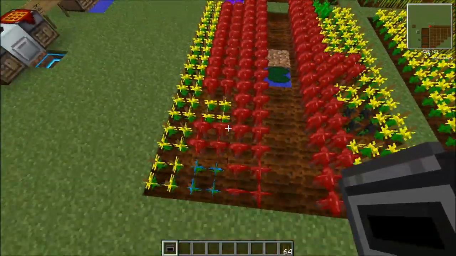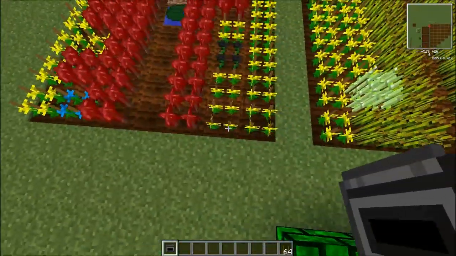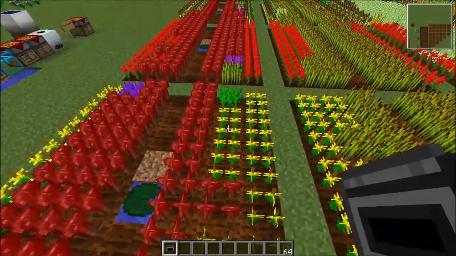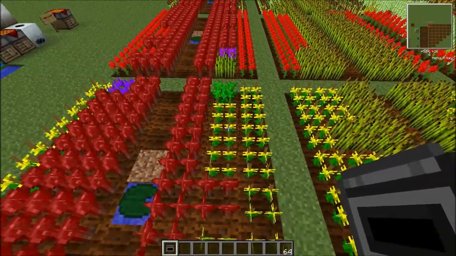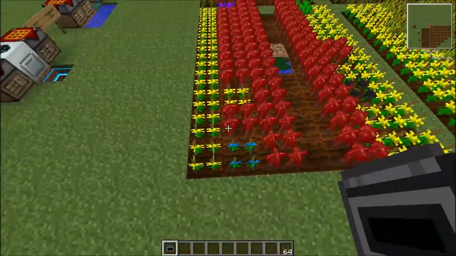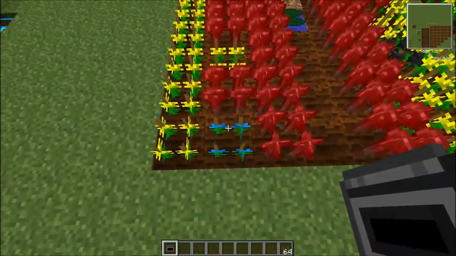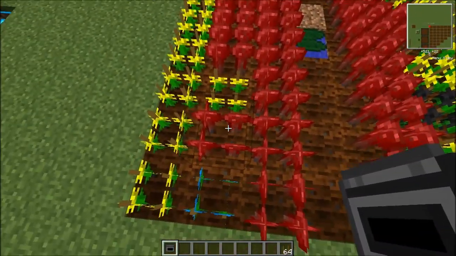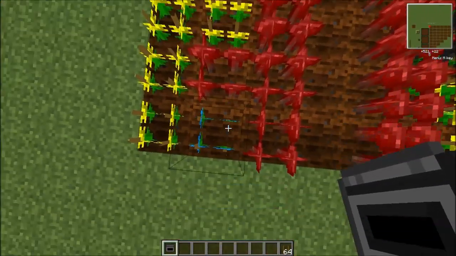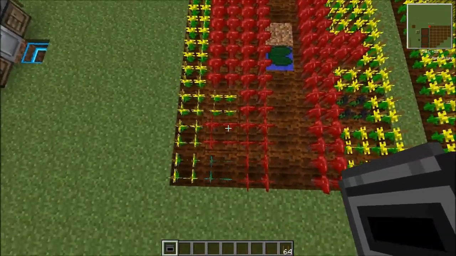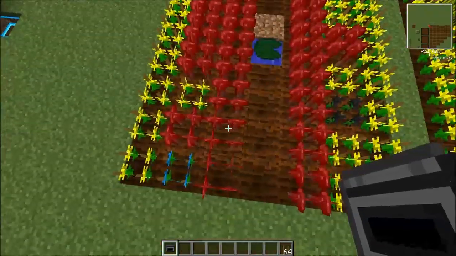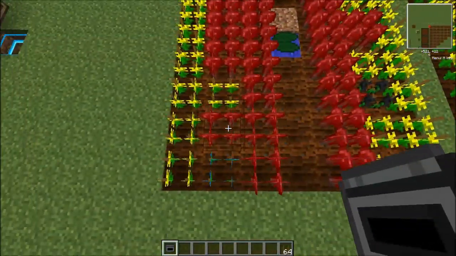And then in between them are crossbreeds. Now, the way I have it set up here, there is a chance that the plants would crossbreed this way, but it is most likely, I have found, to result from